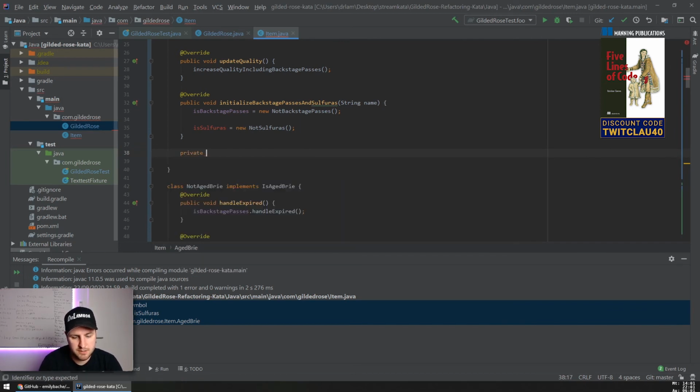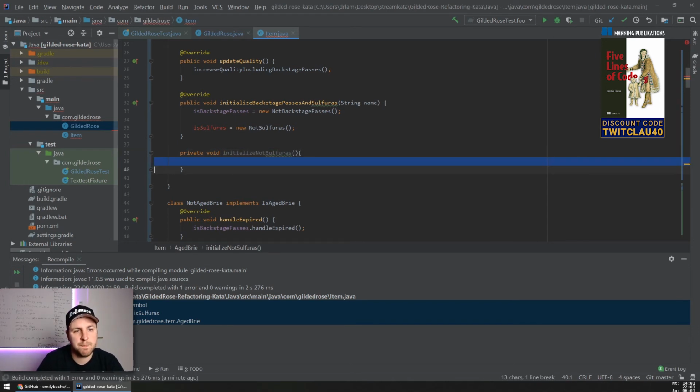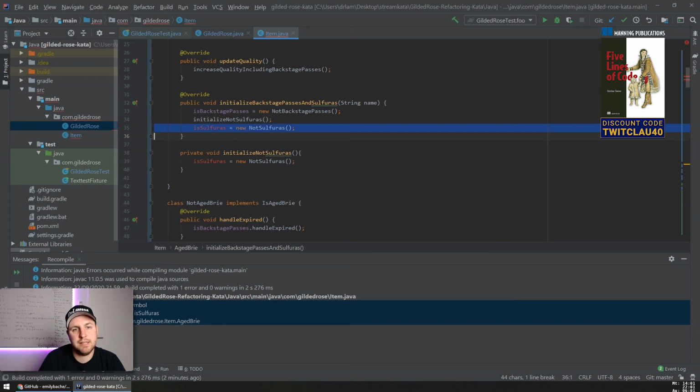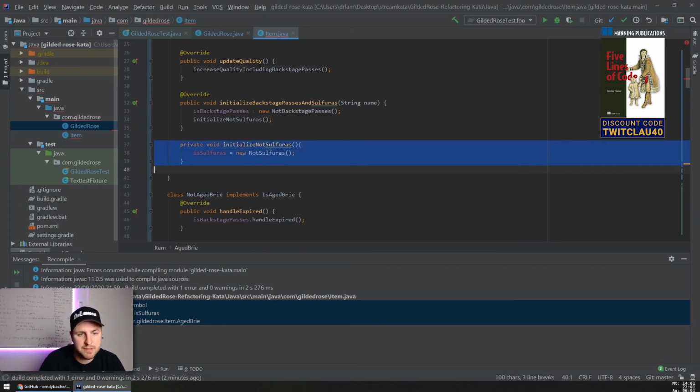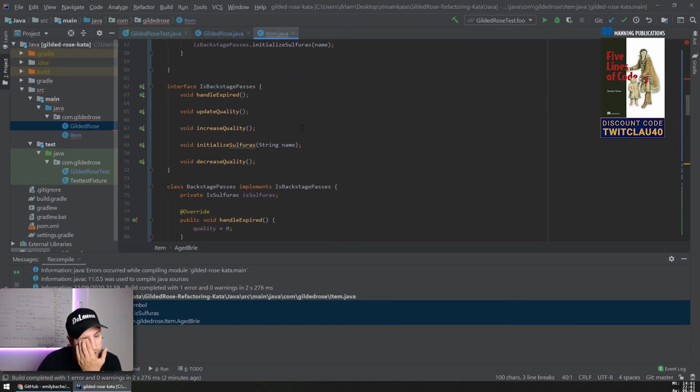Private void initialize not Sulfuras here. So that's the same code, which is fine. So we can take this one and we can call it directly. Then we can remove the original code and we can copy this code and put it into